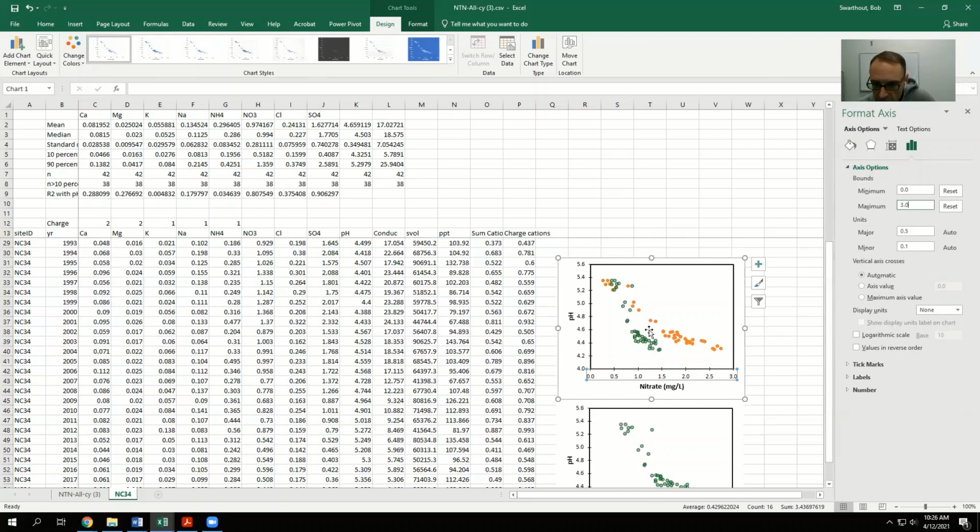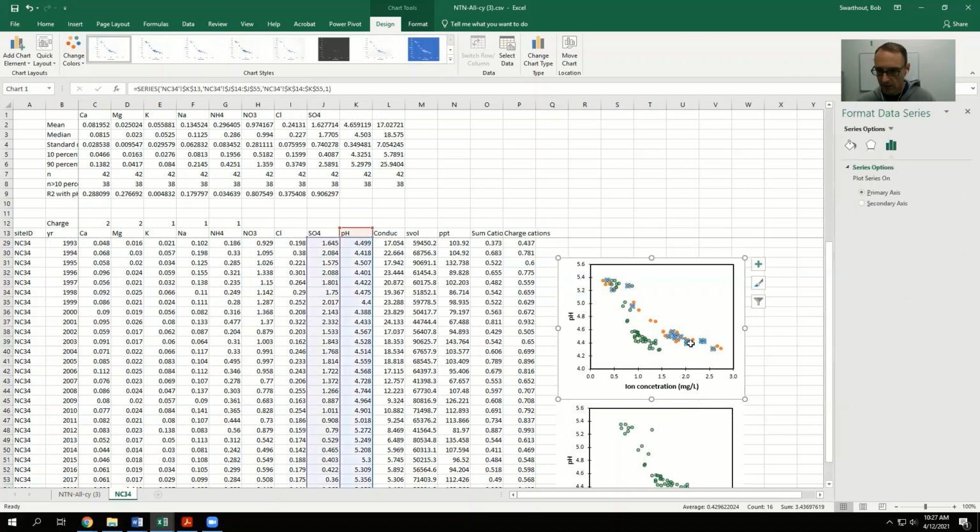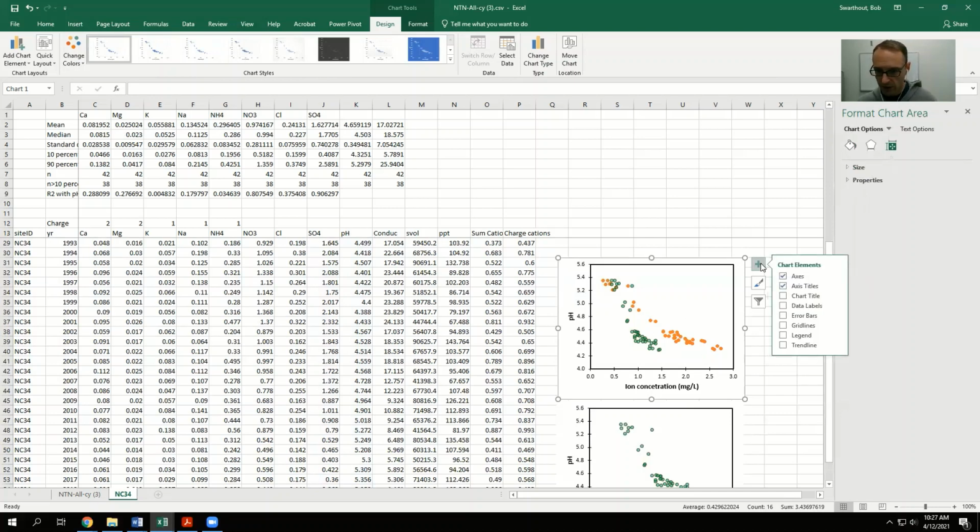But now I don't know which data are which. So down here, I'll just say ion concentration in milligrams per liter. I could go back and reformat these values to make them look a little bit nicer. But one thing I need to do to tell the reader which data are which is add in a legend. So I use the chart elements again, click on legend,